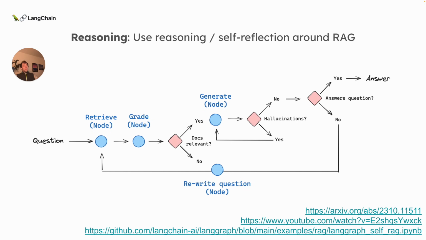One other thing I'll note is that I think we're also going to move away from single-shot RAG. Today's RAG, we typically chunk documents, embed them, store them in an index, do retrieval, and then do generation. But there's no reason why you shouldn't do reasoning on top of the generation or reasoning on top of the retrieval and feed back if there are errors. There's a really nice paper called Self-RAG that reports this. We implemented this using LangGraph, and it works really well. The idea is simply to grade the relevance of your documents relative to your question first.